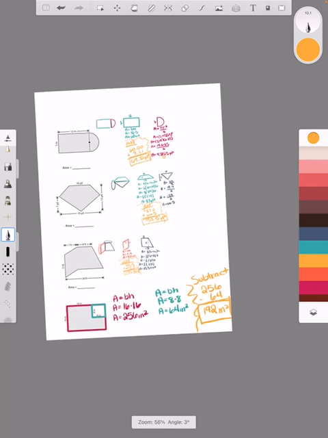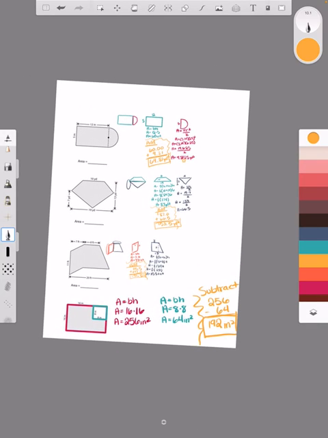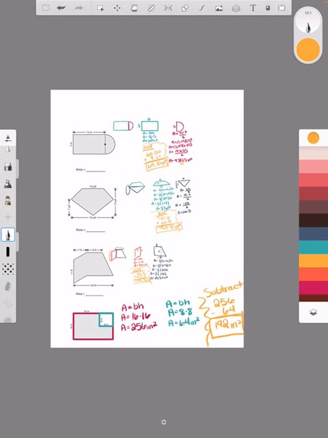All right, so that concludes our notes for the day. Again, there are so many different ways that you could attack doing these problems. I'm a big fan of drawing out the shapes and finding the area of them separately and then